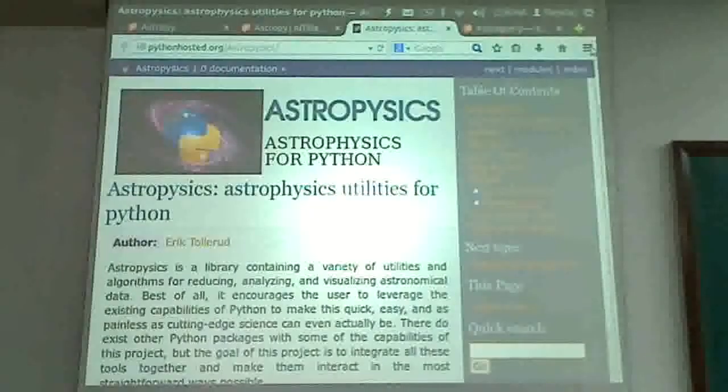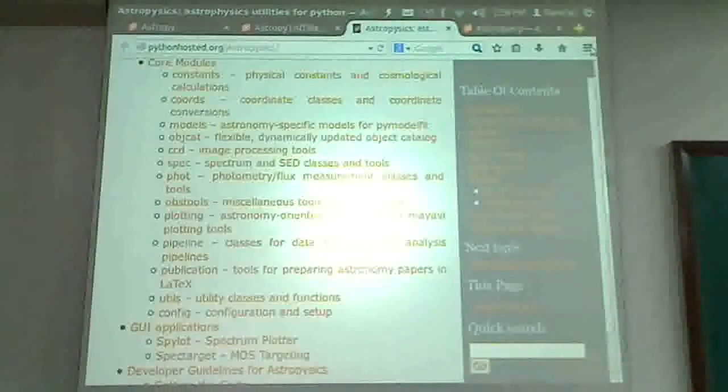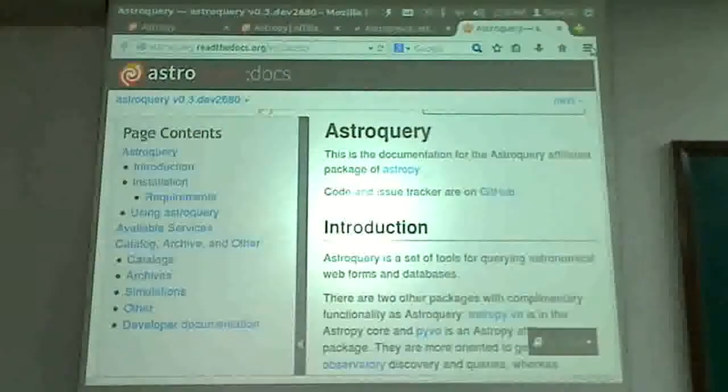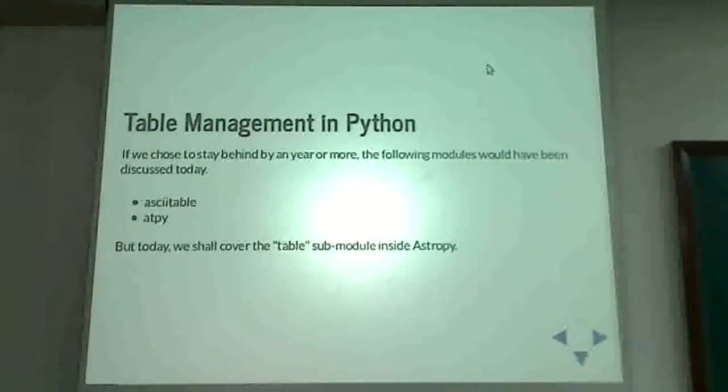So this is the web page for the AstroPy6 project, and I leave it to IDL users to try and correlate the one-on-one mapping between IDL packages and the corresponding Python ones here. Yes, there used to be this IDL Astro library. Yes, I think a good deal of that is now present as AstroPy6. Okay, so I'll come back to AstroQuery a bit later on after I cover the first part of the talk today. So we'll start with tables.